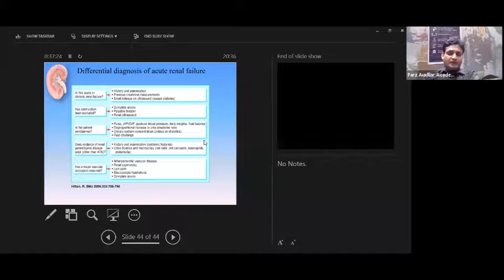NGAL is available especially as a spot test, which we can do in our ICU, especially for patients with sepsis and cardiovascular disease. By doing NGAL and some early biomarkers, we can identify which patients have a further chance of developing ARF, and we can take all precautions, including proper hydration of the patient as well as avoidance of nephrotoxic medications. So NGAL is available, and we have markers like NAG, cystatin C, and interleukin 18, and there are other markers on which investigation is going on.